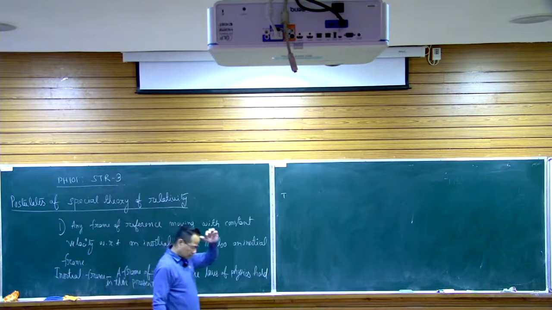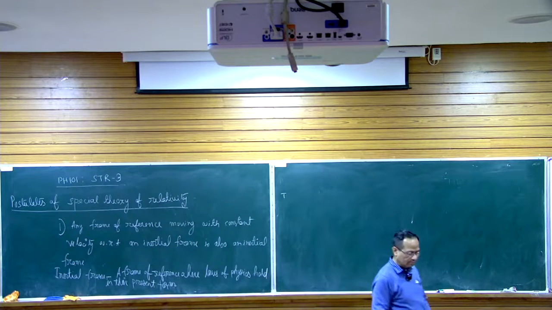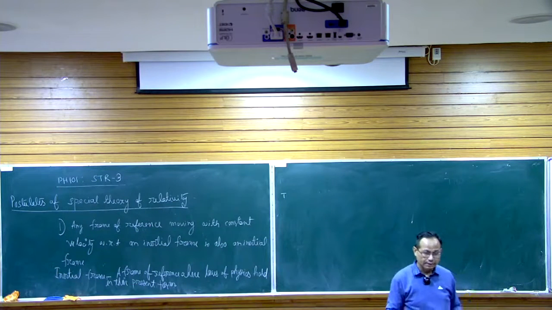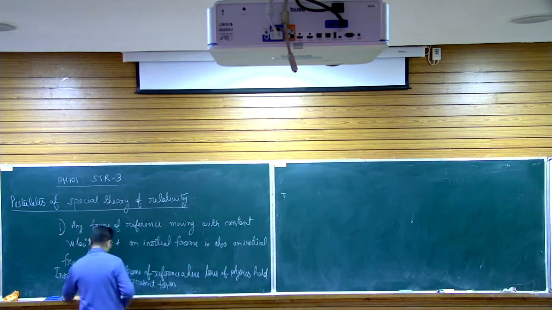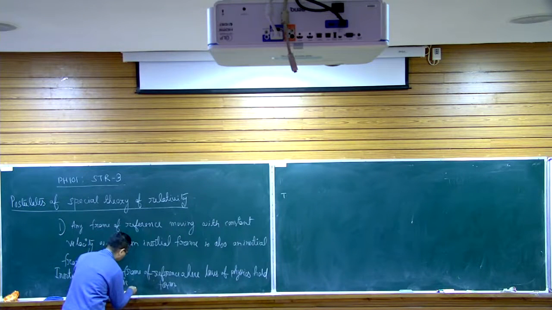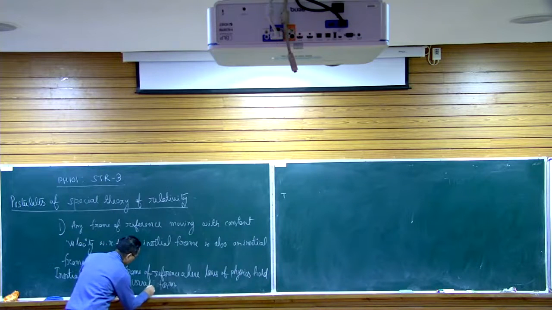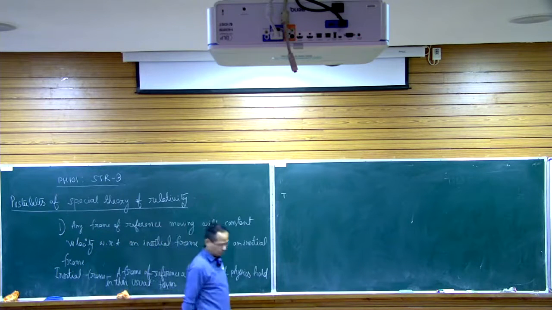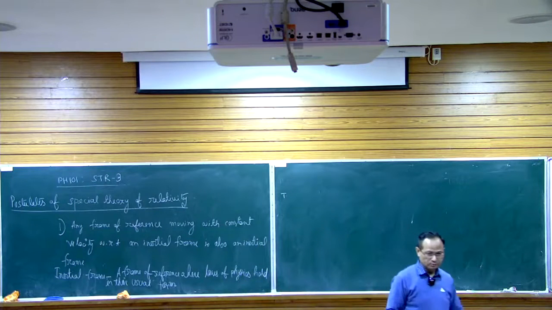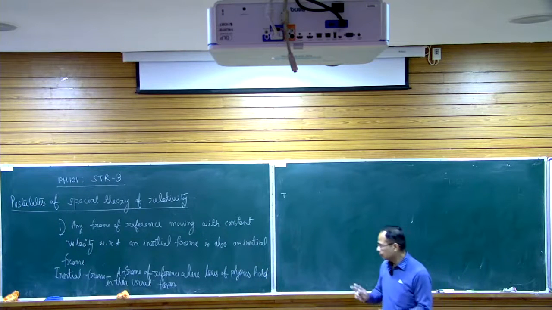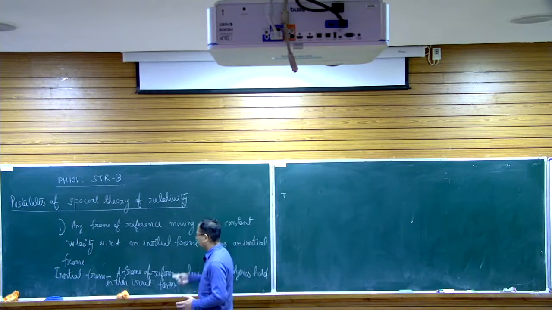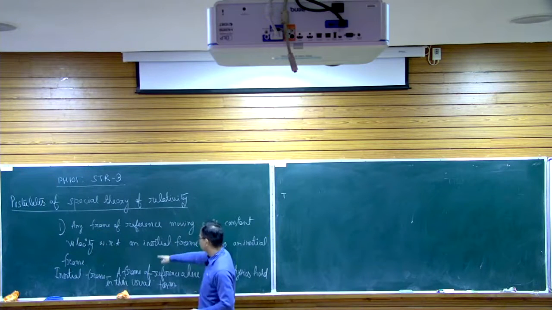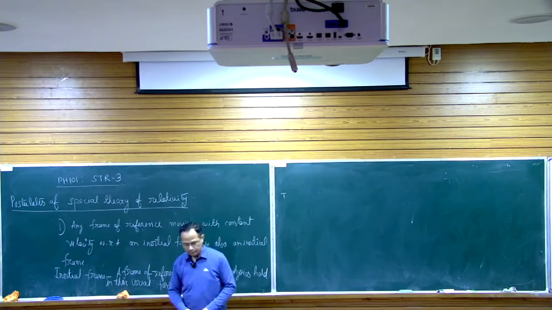So first of all, we need to understand that when we define an inertial frame, all laws of physics need to be valid in their usual form. Usual means without any correction factor, no modification. So wherever the original expression or usual expression of the laws of physics are valid, then that particular frame of reference will be an inertial frame, and any frame of reference moving with a constant velocity with respect to an inertial frame is also an inertial frame. This is the first postulate.